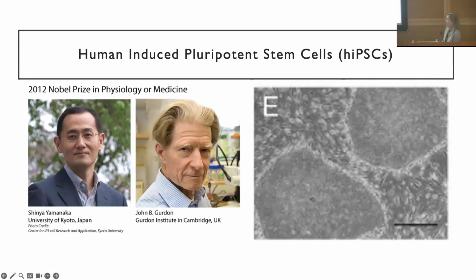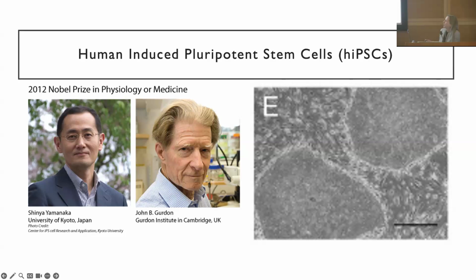So a couple of years after embryonic stem cells were derived, the field was completely turned on its head again by the advent of human-induced pluripotent stem cells. And I'll get into a little bit more detail of what these are, but really what they are for all intents and purposes is a homemade stem cell. So these are two iPS colonies here also growing on the feeder layer, and you can see that they look fairly similar, at least in gross morphology, to the human embryonic stem cells that I showed you before.